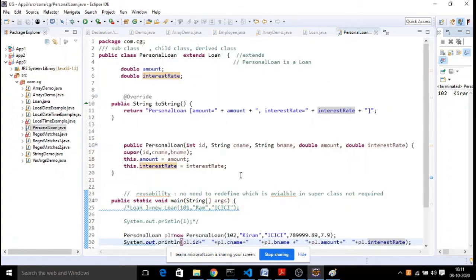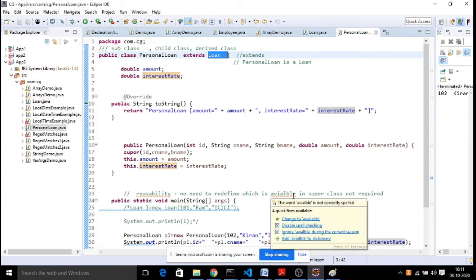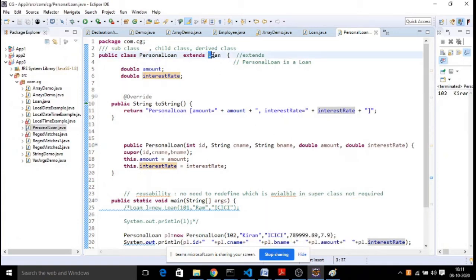And this does not stop at this place. Tomorrow you can design an application for housing loan. Again you can take the properties of loan, once again you can reuse it. And if you wanted to construct a marriage loan, yes, again you can take another class and implement it. That is how you are going to continue with this relationship called inheritance, acquiring the properties of one class into another class.